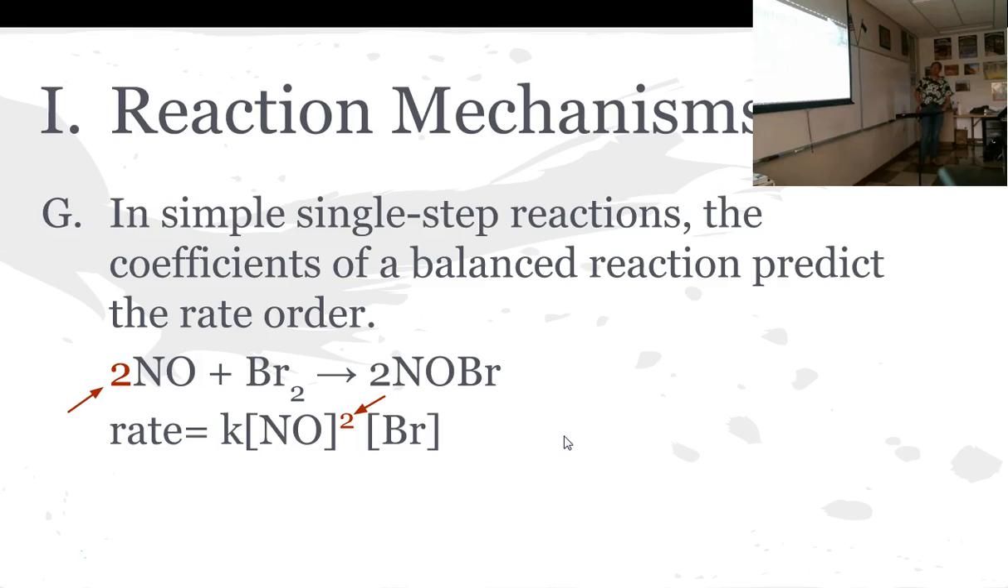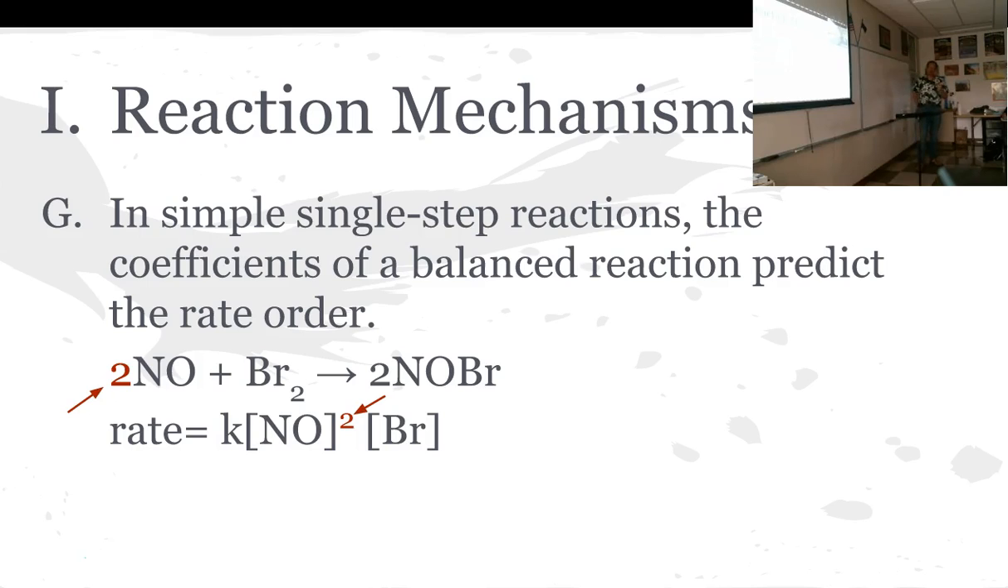In simple single-step reactions, the coefficients of a balanced equation predict the rate order. It's not always true, but it is a starting point. You can predict what it will probably be, and then you need to go do experimentation and verify. Okay? So if, for example, you were to be testing